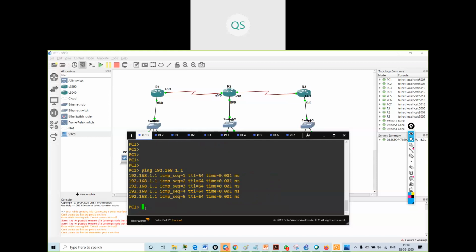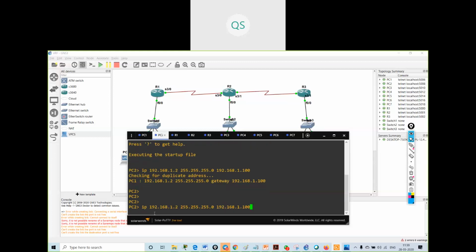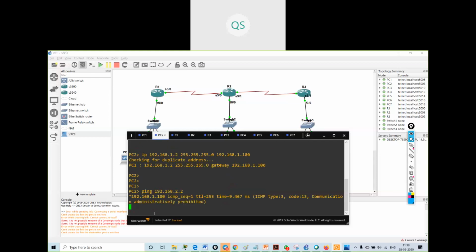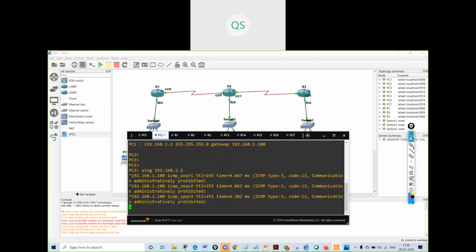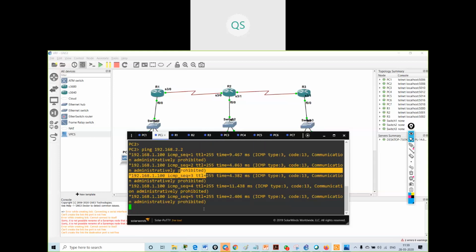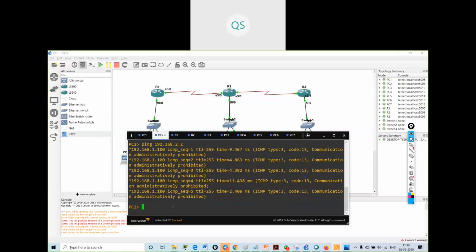It should ping. I'm getting the reply. If I go and ping from here, if I ping 1.2.2, see, communication is administratively prohibited because I have configured the access list.